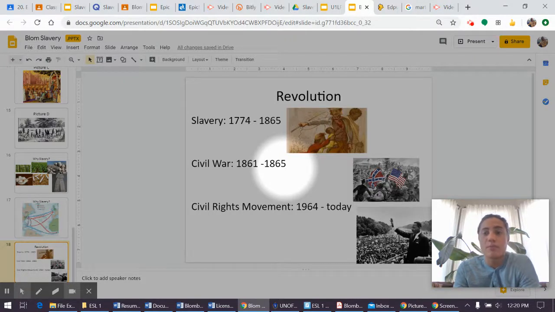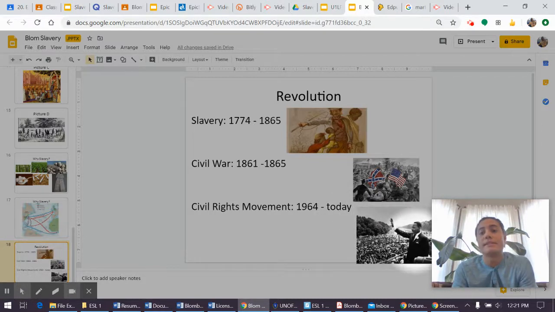which would be nice for these slaves to have their own land and be able to start their own families and be able to earn money, but it still wasn't very fair. And so then after we study a little bit more about slavery, we are going to look at the civil rights movement. And this is a picture of Martin Luther King Jr.